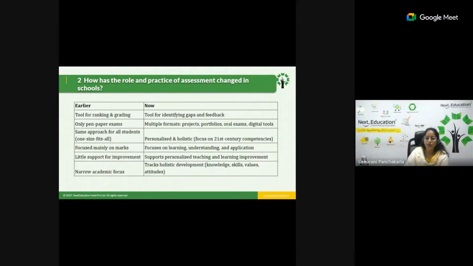Right now we are using personalized and holistic learning. Personalized in the sense that it is as per the needs of the learner. Most learners are visual or kinesthetic learners rather than audio learners. That is the reason the lecture method has been overridden by digital technology, where we show more 2D or 3D animated AV modules or activities, or actually perform them in the classroom. And you know about holistic development. This we will also discuss in the next slide. It mostly focuses on 21st century competencies. Now coming to the next one, focused mainly on marks.